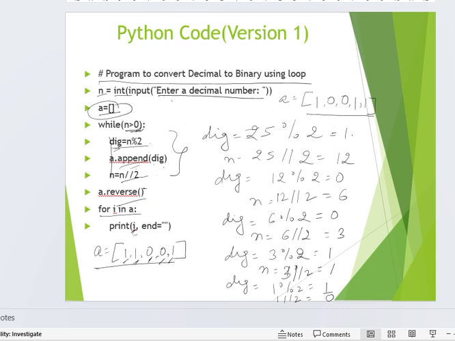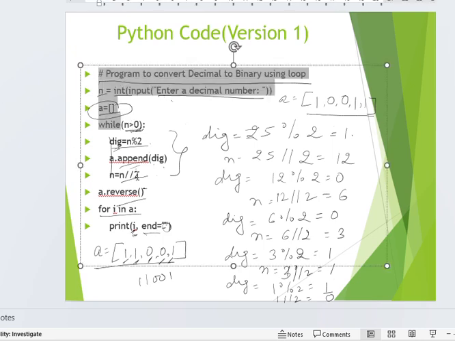So we are displaying the value of i, and we want the cursor to stay there only, and nothing is there in the end. This is the character which can be inserted after the value displayed, before the new value, but here there is nothing in between, so there will be no space, and you will get the answer this way. So let me show you on Python how it is working.